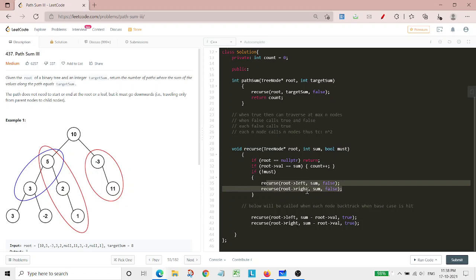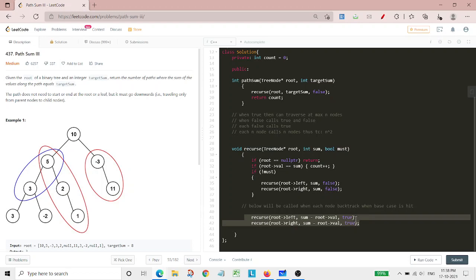And when it starts backtracking, at that moment these two functions would be called. And when these two functions are called, only then we start checking by simply subtracting our present node.